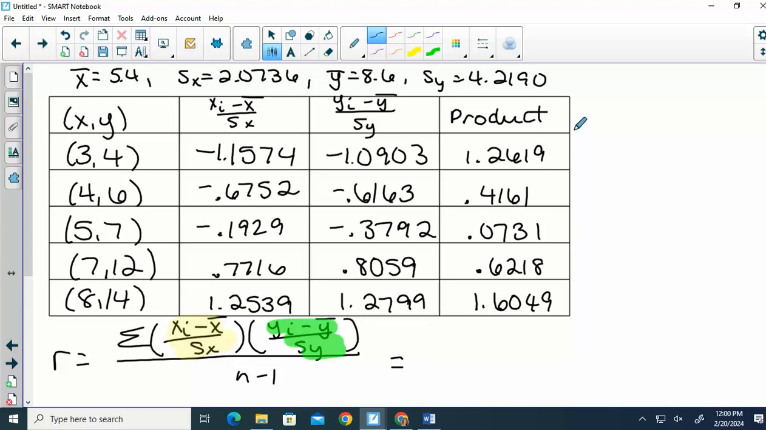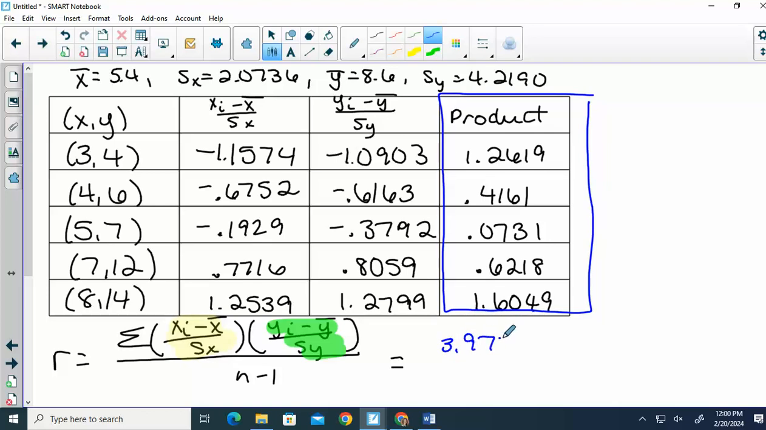We have to add up this final column. So we're taking all of those numbers, adding them together, and dividing by n minus 1. What is n? Number of points. So we have 1, 2, 3, 4, 5. So divide by 4. So our R is